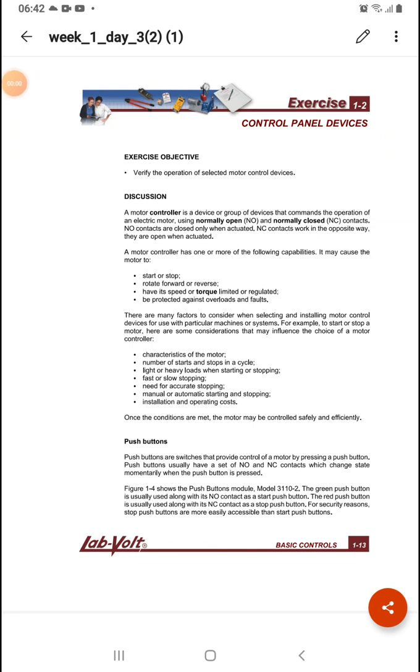Exercise 1-2. A motor controller is a device or group of devices that commands the operation of an electric motor using normally open and normally closed contacts. Normally open contacts are closed only when activated, and normally closed contacts work in the opposite way, or open only when activated. So take note, pag gumagamit kayo ng normally open contact, dapat yung gagamitin nyo ring switch is a normally open